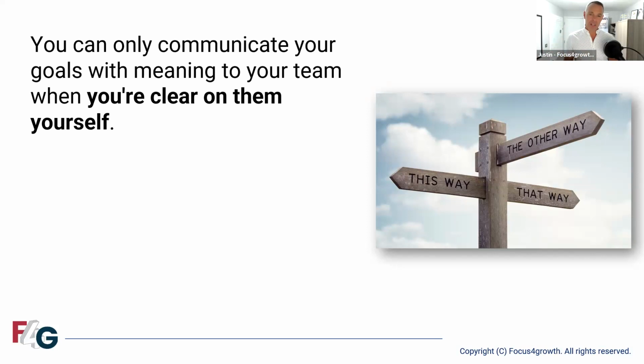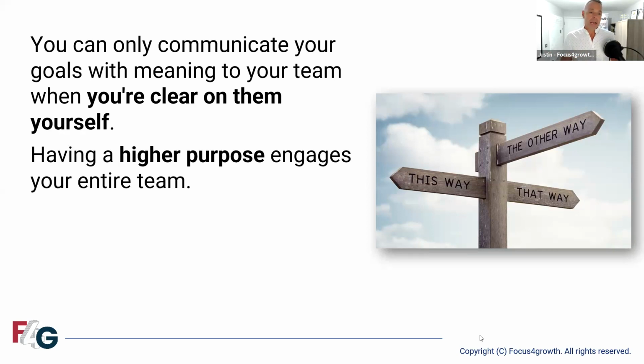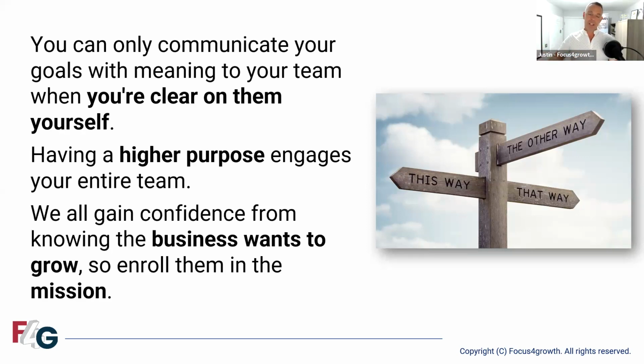So getting ourselves clear on what it is we're trying to achieve is about this aspirational goal. Then once we've got the aspirational goal, why is it we want to achieve that? Then we think about, okay, from that position, what are the numbers that might underpin it? We don't have to share all of this with our teams, but we certainly should be sharing some of the key elements of it so that we can give them clarity over what it takes to achieve those goals. And this higher purpose, sometimes the higher purpose is just being in a business or a practice that's growing. That tends to engage and motivate people, rather than being somewhere where they feel perhaps they're stuck.